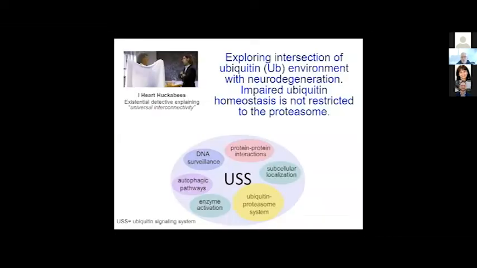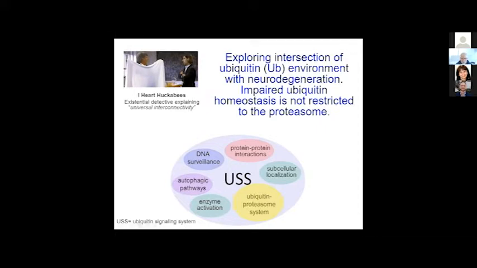My lab works broadly on mechanisms of neurodegenerative disease, and our emphasis right now is on proteins and pathways that are linked to ubiquitin. If you think about ubiquitin, the first thing you think about is the ubiquitin proteasome system, but the reality is ubiquitin is engaged in so many different pathways in the cell. And I would submit, although we don't know enough about this yet, that in neurodegenerative diseases of various sorts, ubiquitin homeostasis is impaired in ways that affect far more in the cells, neurons, and other cells of the brain than